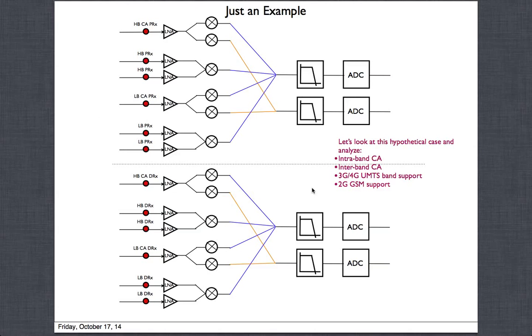So hopefully this example gives you some idea about how to support the legacy 2G, then 3G, 4G paths, and now carrier aggregation. What is coming next is MIMO, which is basically, you're going to have diversity, carrier aggregation, and also multiple paths, simply doubling or quadrupling the number of paths, like Wi-Fi uses. So that is also going to require more and more parallel paths, LNAs, mixers and all that, and also their IO pins.